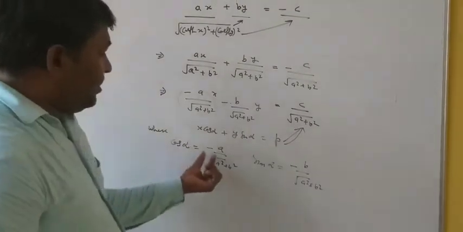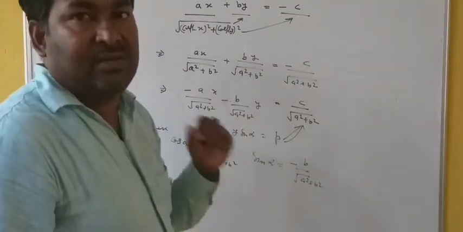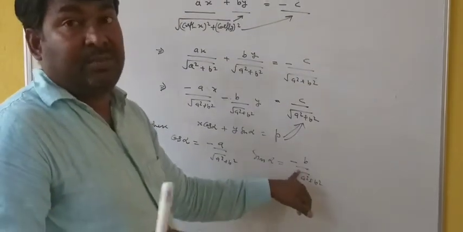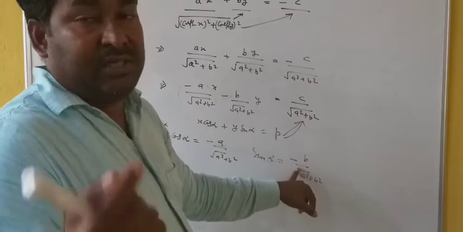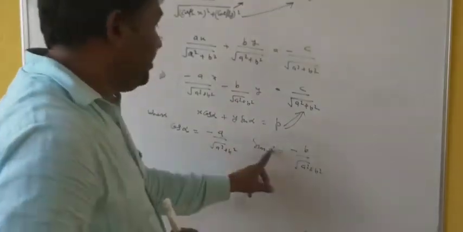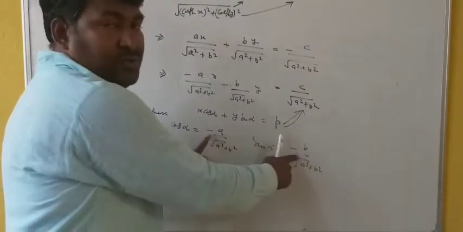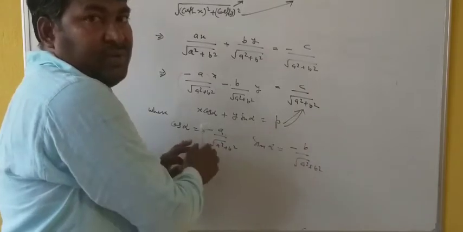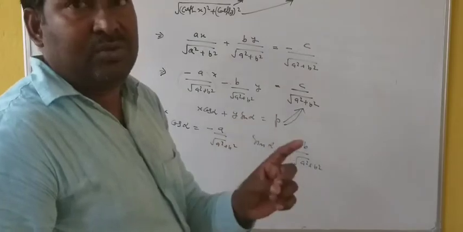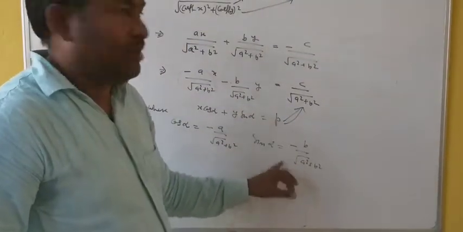See, here cos alpha is negative and cos is negative in second and third quadrant, and here sin is also negative, but sin is positive in second quadrant, it is negative in third and fourth. So in third quadrant both of them are negative, it is our conclusion, and here both are negative. That's why whatever the value of alpha as per this question, that will belong to third quadrant, since in third quadrant both are negative, right?